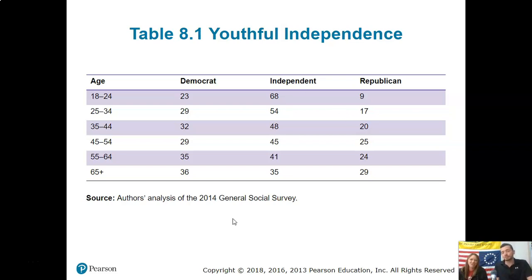You'll see here again, we've talked about how young people are more often Democrat. They tend to lean Democrat or liberal, and then as you get older, that life cycle effect, you tend to become more conservative or vote Republican. But there's also a big trend towards young people becoming independent, as I mentioned, and you see that 68% here, 18 to 24. Again, this is from 2014. Obviously it's a little dated, but I imagine that probably has only increased.